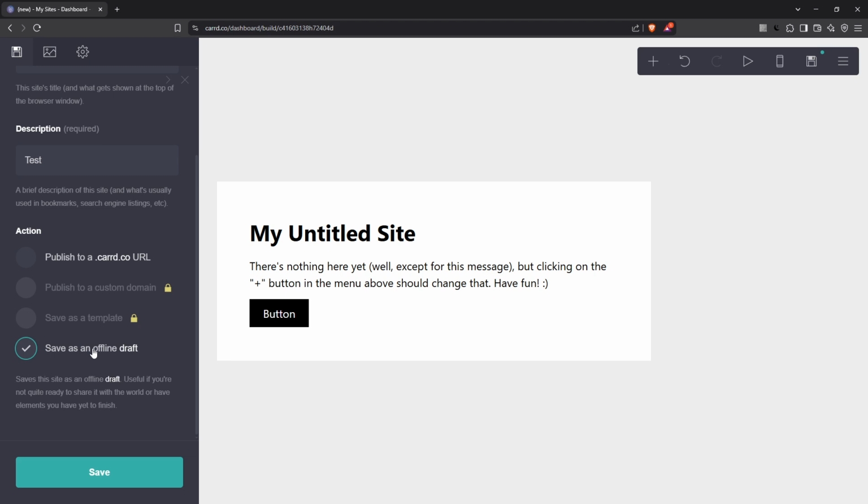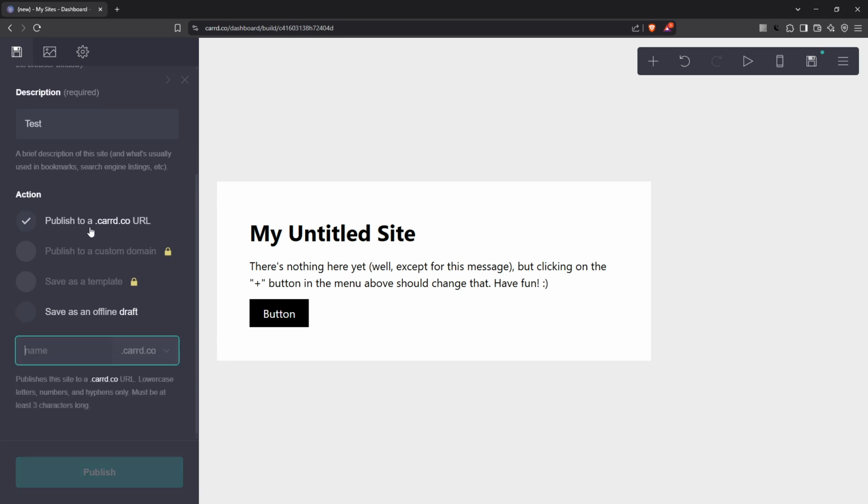Once you're satisfied with how your design looks, the next step is to publish your site. You'll find the Publish button within the Card editor. Clicking this will lead you to choose your domain option, which is crucial for making your site accessible to others online. For domain options, you can opt for a free Card subdomain, which would look something like